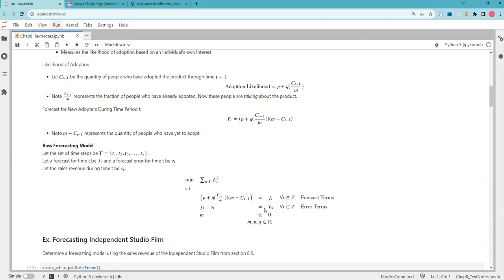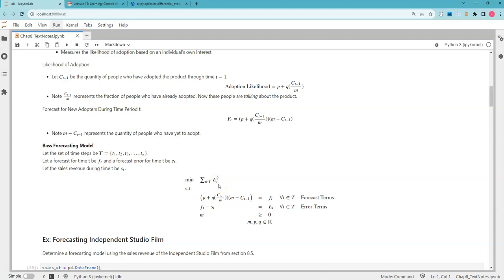And what that error term is going to be is the difference between our forecasted value, that'll be f sub t, minus the actually realized value, S sub t. And so between that, we can find a difference, how bad our forecast was compared to the actual recorded value. And then we'll compute that for every time step. And then you can see our expression that we're trying to minimize is the summation of the squared error terms